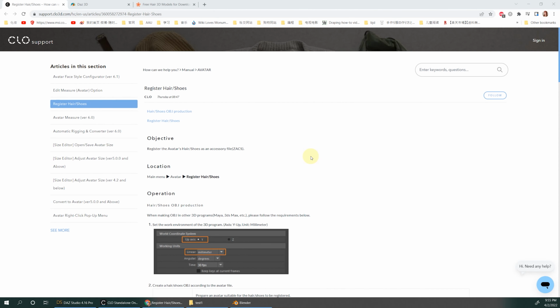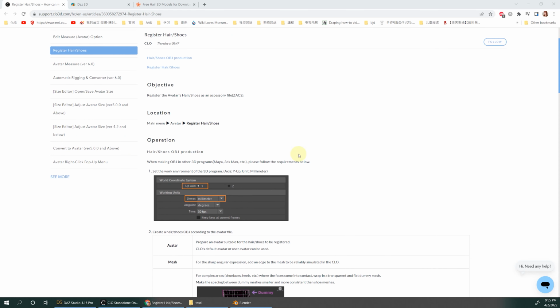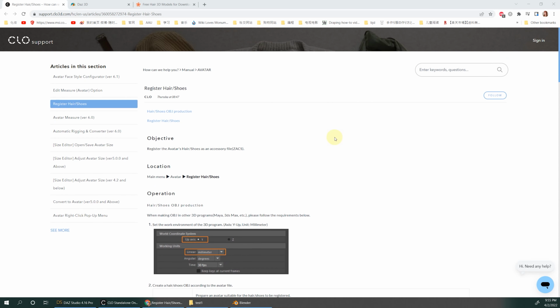Okay, let's get started. This is the page on the Crow official website. It teaches you how to register hair and shoes. Hair and shoes are basically the same steps, so if you know how to do hair, then you can do shoes.